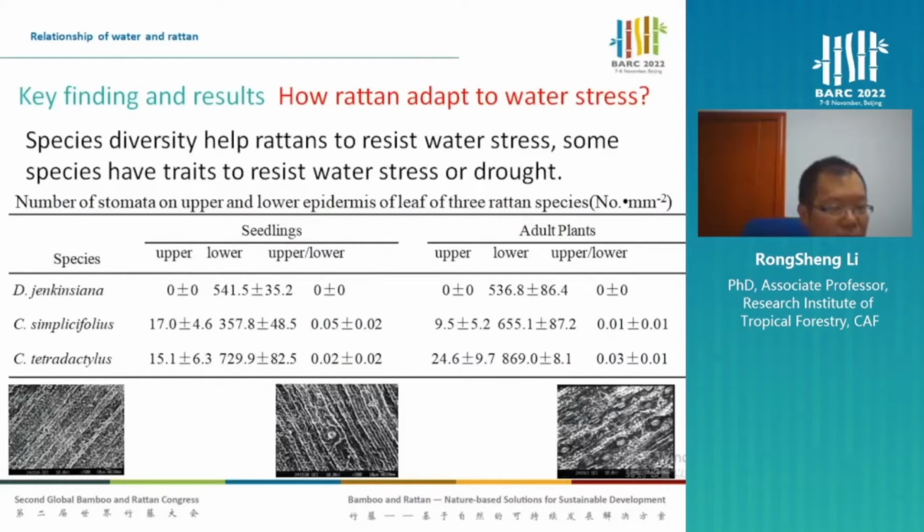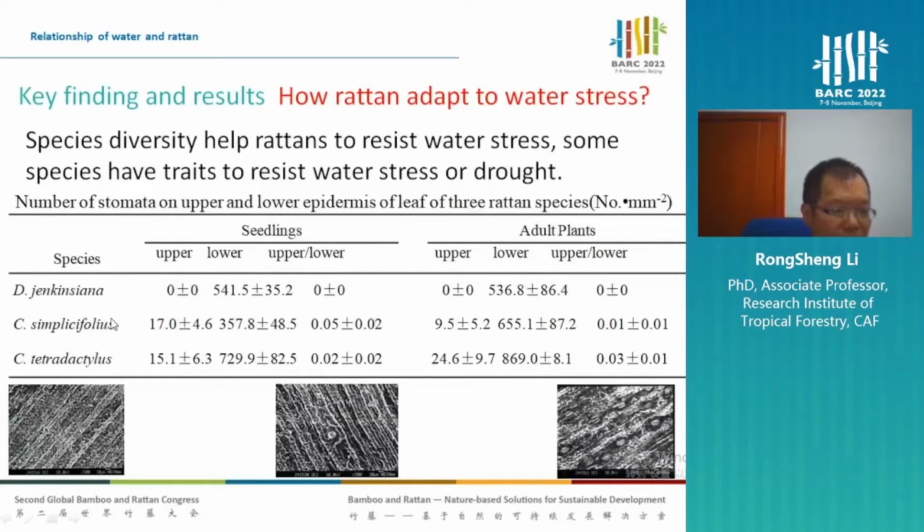Then let's go to another side: how rattan acclimates or responds to these changes. As we know, there are about 600 species of rattan palms. Species diversity is relatively abundant and provides rattan resilience to water stress. Stomata is an organ to curb water transpiration. Its number is an index to justify the ability to resist water stress or drought. As shown in the table, among these species,